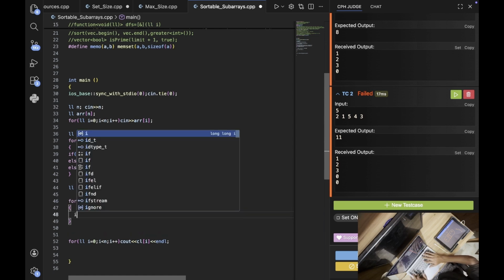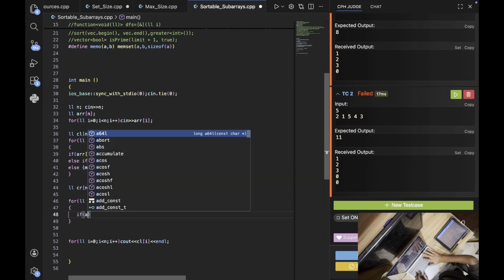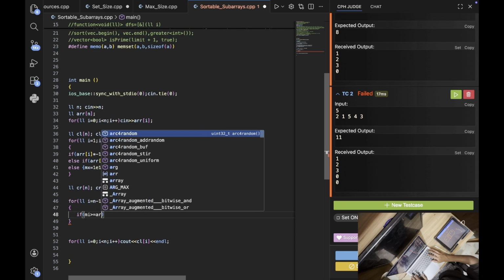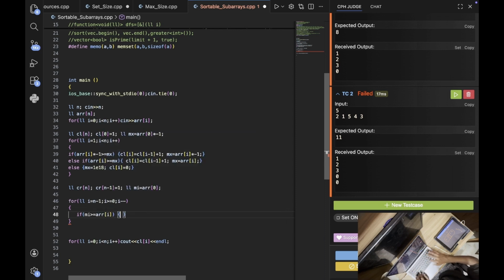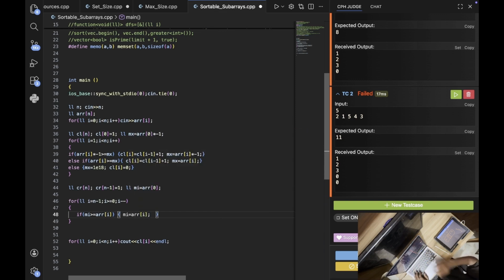So if this value, the next value, the previous value is greater, max, I should store min actually for the value, min. If arr of i, mi greater than or equal to arr of i, then mi equal to arr of i and, mi, no, not mi,